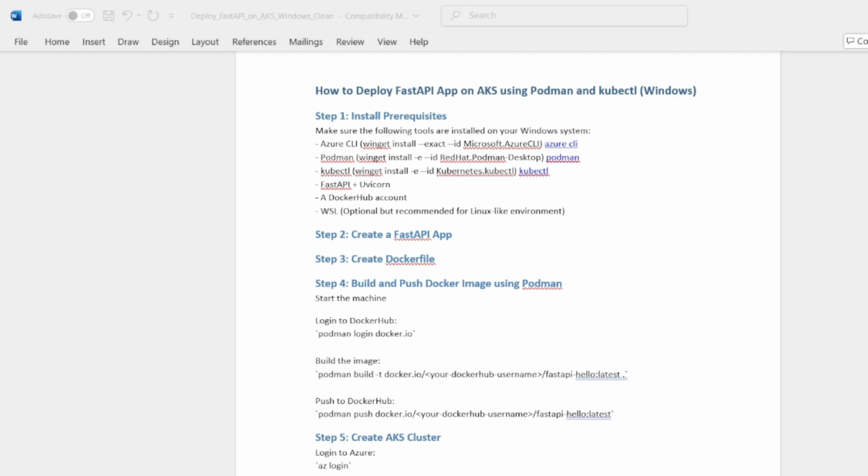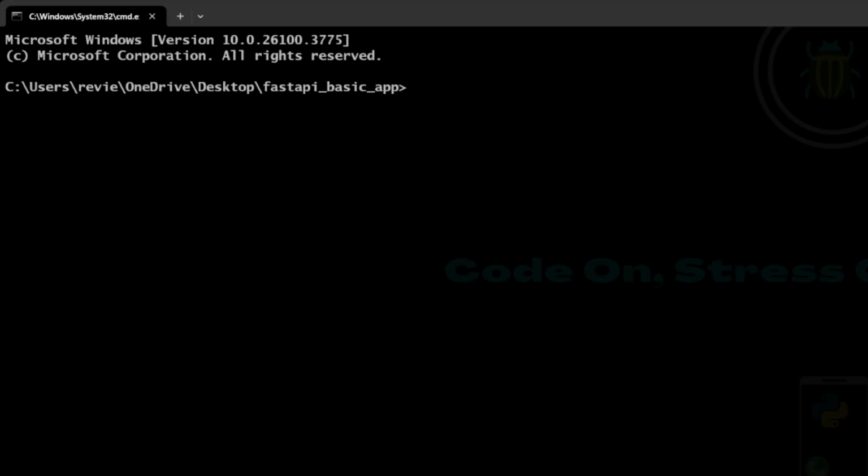This is the tag. As I said, I have already built my Fast API basic app, right? The code which I have shown you in my VS Code. We have to go to that directory and open our CMD over there. So let me just open my CMD in that directory itself so that we can access our Docker file for the image. So here I have opened that particular desktop or the folder.